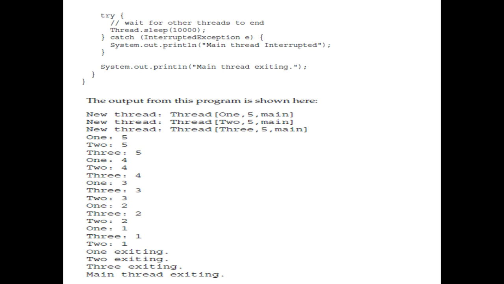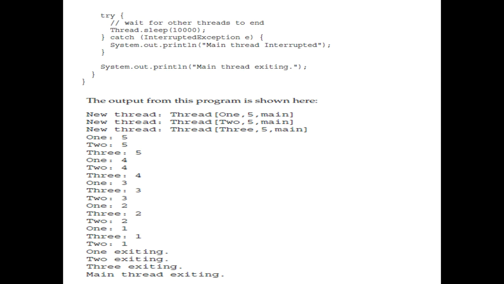And what we have done in the main thread is that we have told the main thread to sleep for 10 seconds. Why 10 seconds? Because the main thread has to end at the last, because it has to do some shutdown tasks. So we have created the 3 child threads, and until and unless these 3 child threads complete their execution, the main thread does not have the authority to complete its task. So we have told the thread to sleep for 10 seconds. So before 10 seconds, all the 3 threads will complete their task, and at the last, the main thread will terminate.